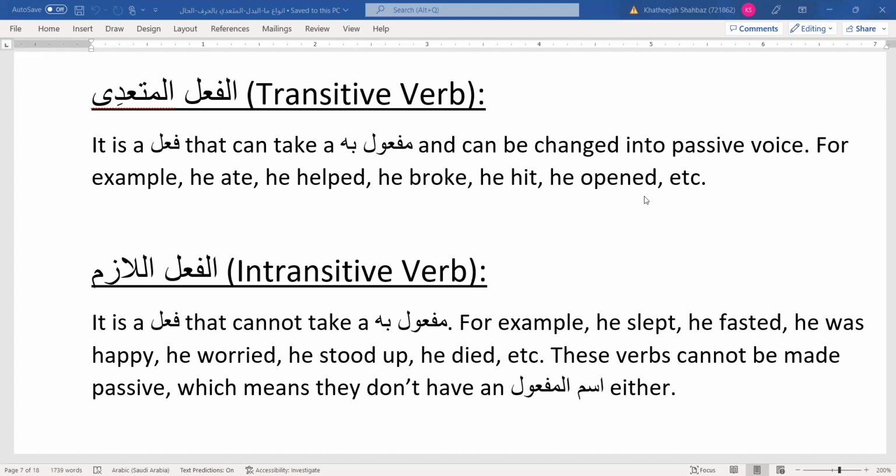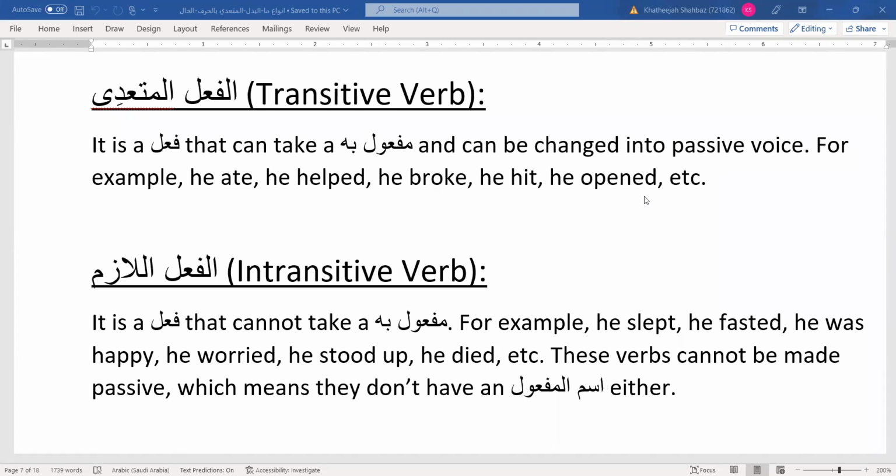Similarly, he helped. He helped his sister. So his sister will be maf'ul bihi. So it answers the question, he helped who? And that answer, as we know from before, is called maf'ul bihi. And we can also change it to passive voice. For example, the passive voice of he helped will be he was helped. So again, al-fail al-mutaaddi is a fail which can take maf'ul bihi, and it can also be